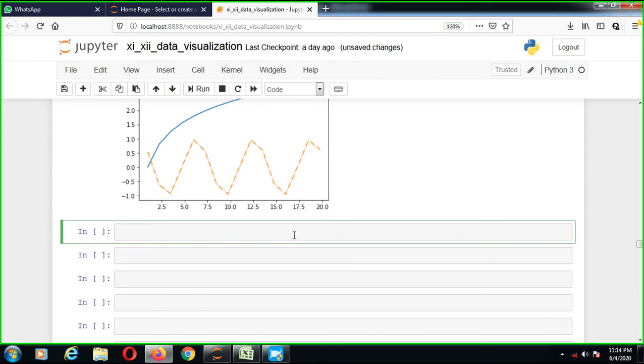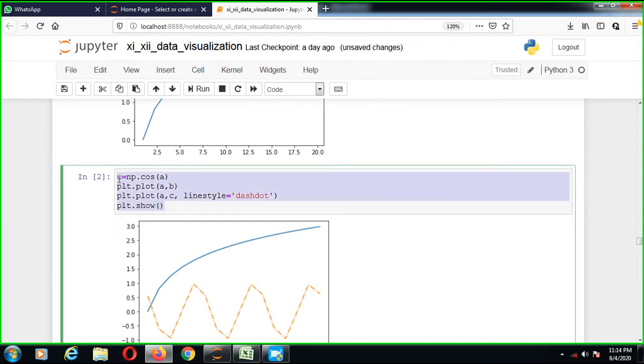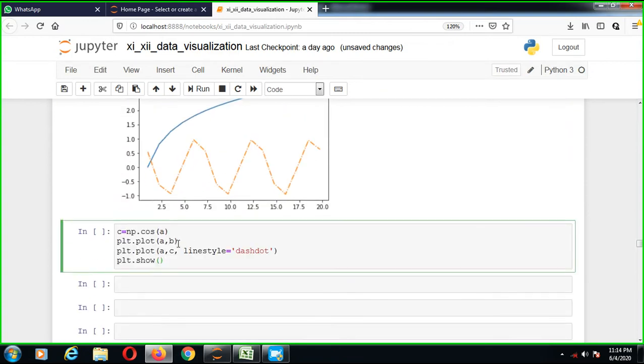Okay, so we can change the color also. I'll explain one more program. In that case, suppose I take this code, copy and paste. Now a, b, and now our text is here, background, border dashed, b dashed, and another plot is just a mesh, ro, and see the output.